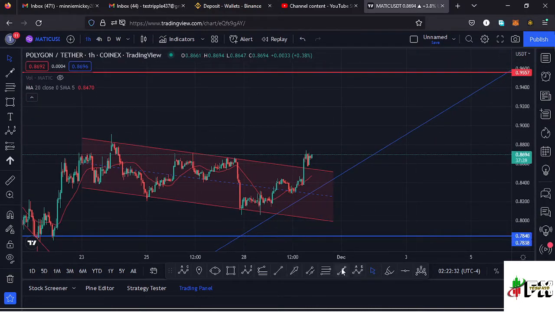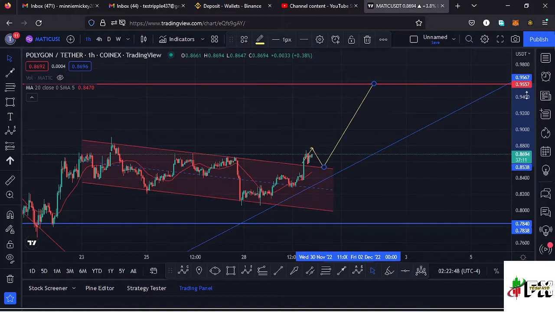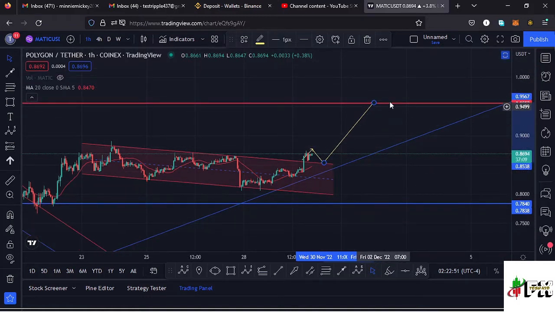There are chances that now that you have seen a breakout to the upper side, we can see a retest of the upper side of the channel, and in case that plays out, then I will expect Polygon Matic to continue pushing higher back to around the $0.95 mark, which is our next key area of resistance. And at that key area of resistance we can either get rejected or see a breakout to the upper side,